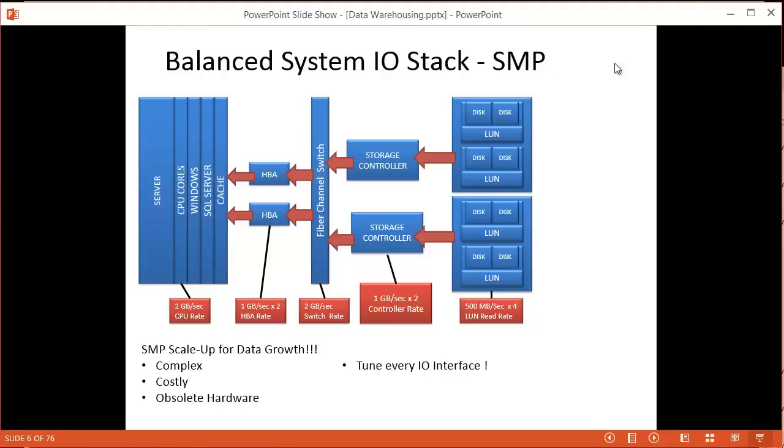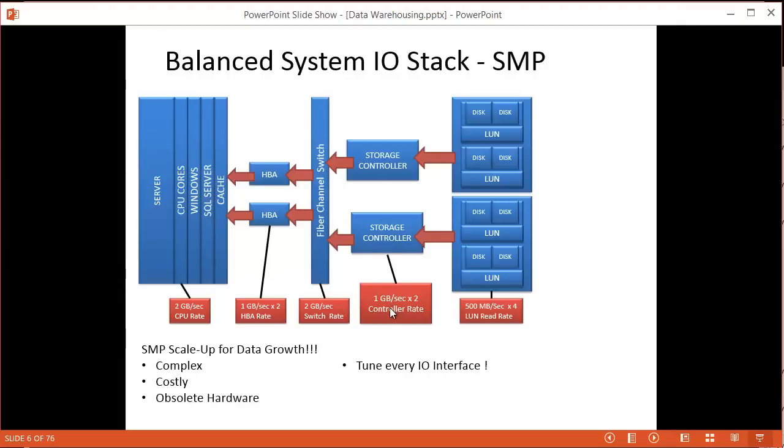I will go into more details about this and other technologies, MPP, Microsoft's Parallel Data Warehouse, later. But just keep in mind that the reason why this is called symmetrical multiprocessing is because of the effects if you want to scale this up. So let's say, for example, in a few years that 2 gigabytes of throughput is no longer meeting the business needs in terms of performance, and you need to increase this. Well, what happens is this can become a very complex and costly